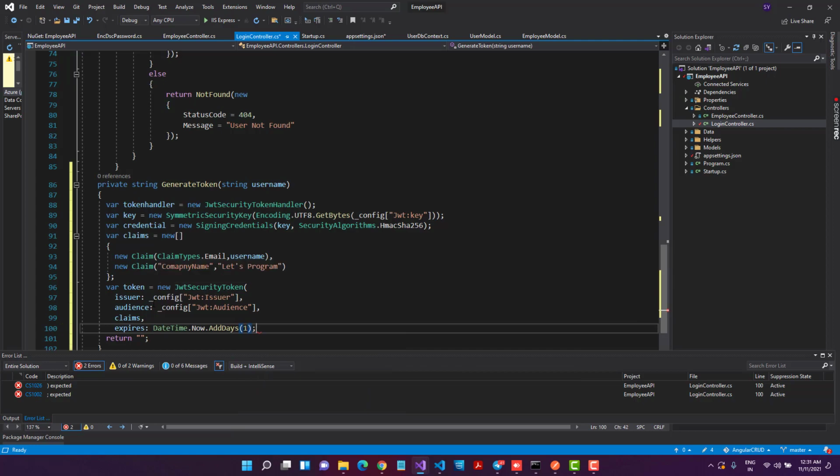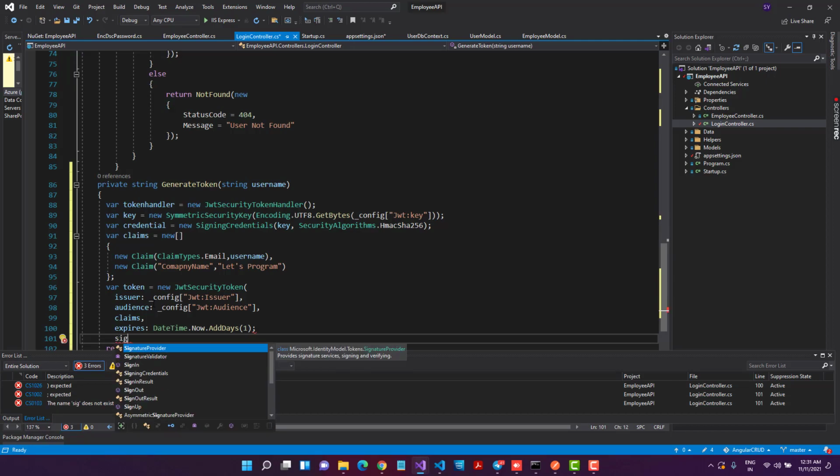And we have to provide the sign in credential. So I'll say sign in credential. No, it is not like that. Sign in credentials.